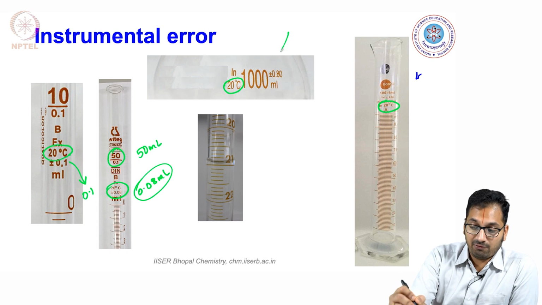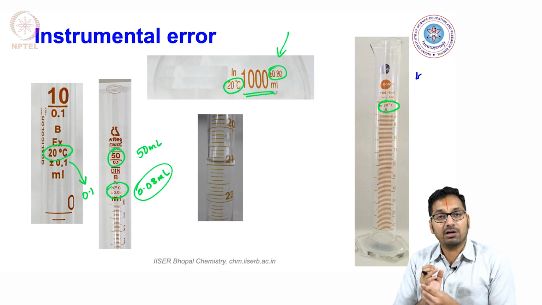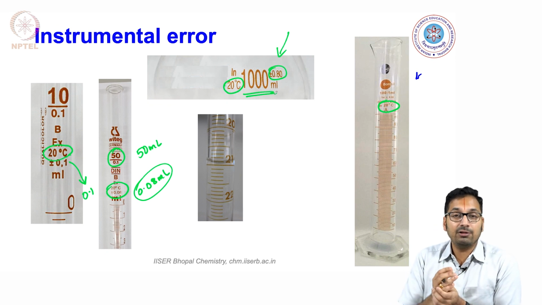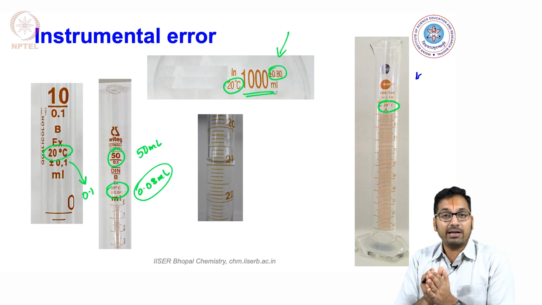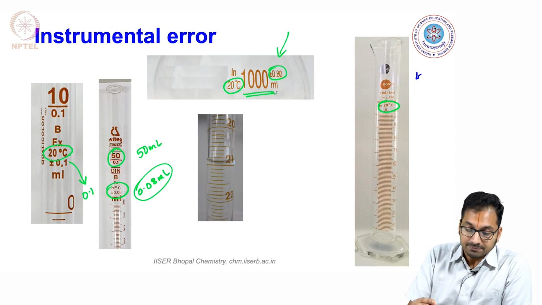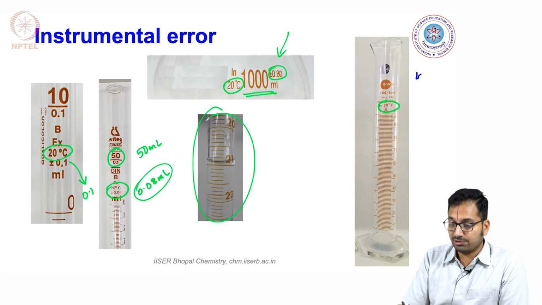So this is the case of a volumetric flask which also has a 0.8 ml error on the 1 liter measurement. Of course, we assumed a 10 ml error that would come up. If you redo the math, you are going to have a lesser error in the sodium hydroxide normality measurement, but I just did that so that you understand how errors propagate and what could end up happening. On the other hand, the burette, once again as I said, also contributes to an error.